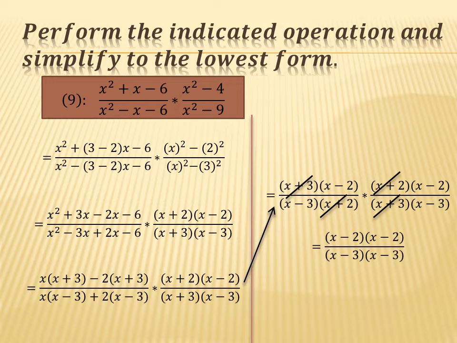So the remaining terms we are having are x minus 2 into x minus 2 and x minus 3 into x minus 3. X minus 2 and x minus 2 are the same, so we can write it x minus 2 whole square. Same goes for x minus 3, it would be x minus 3 whole square. That is the full solution. We won't apply the formula here, as we have already applied the formula and changed it into this form.